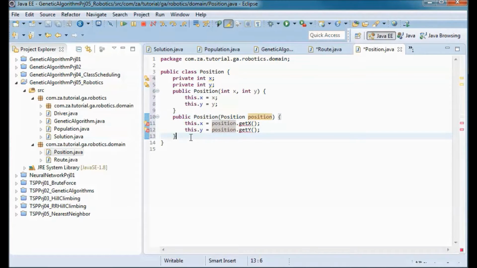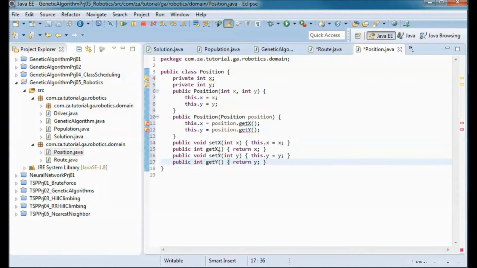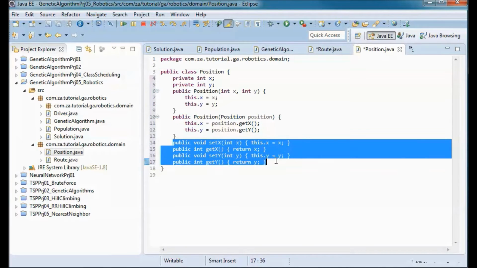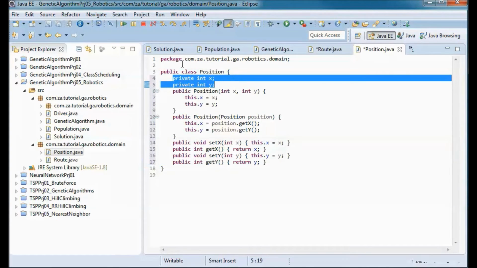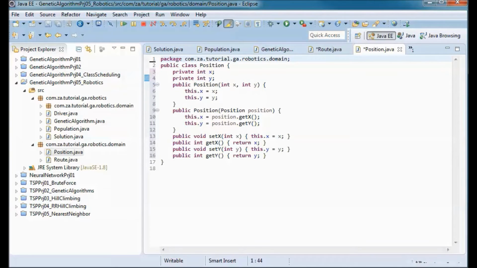And let's have get and set methods for those x and y coordinates, and a toString method that returns those coordinates as a string in this format.